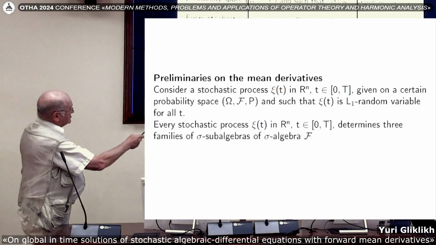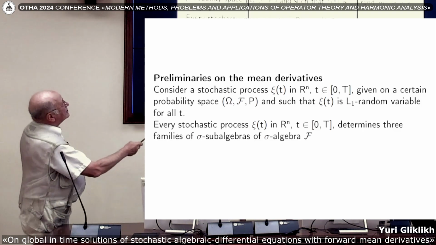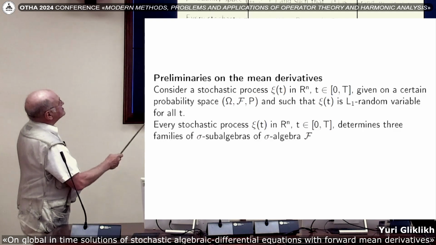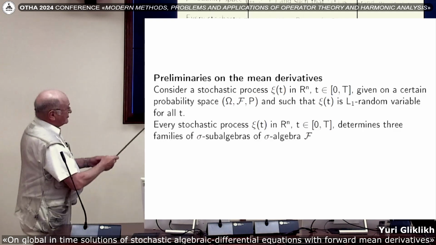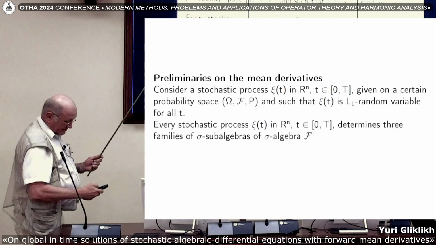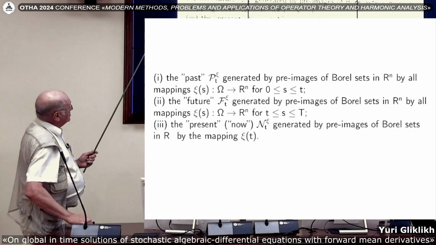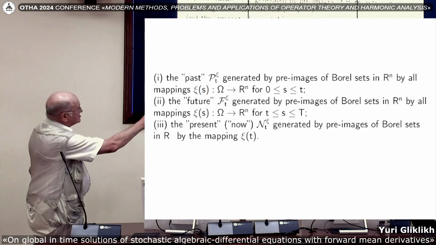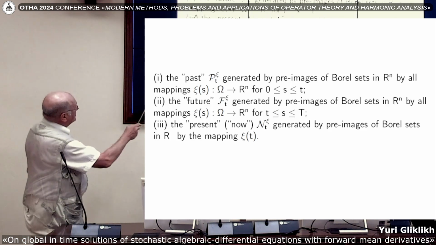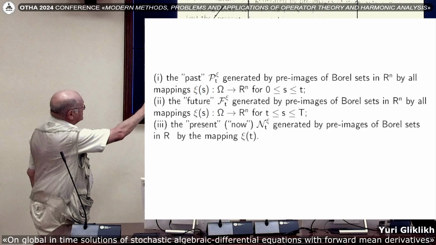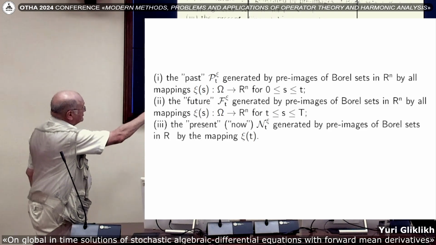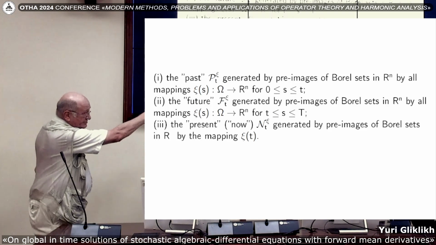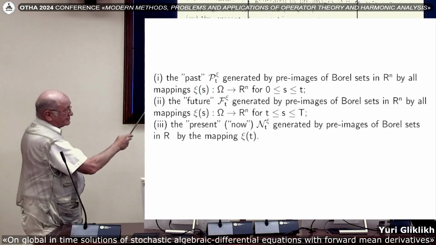Every stochastic process in R^n determines three families of sigma subalgebras of the sigma algebra F. They call the first the past. It's generated by preimages of Borel sets in R^n by all mappings psi of s for s between 0 and t. Then the future, the same, but